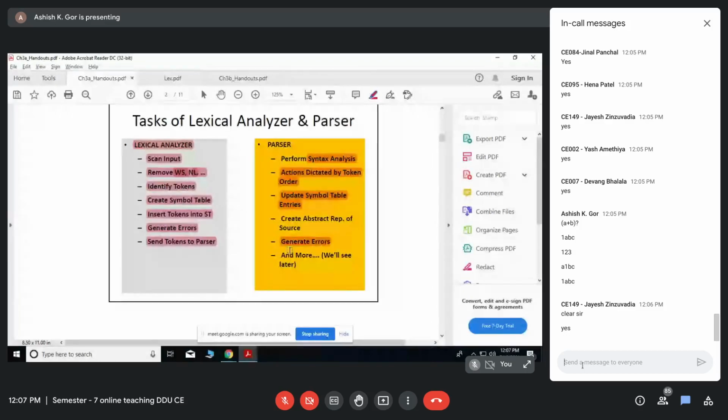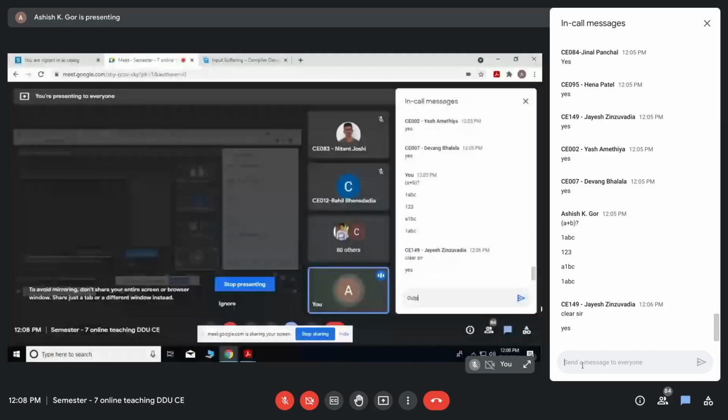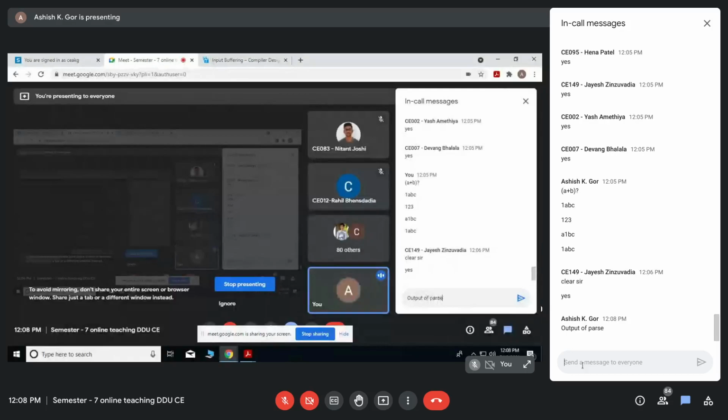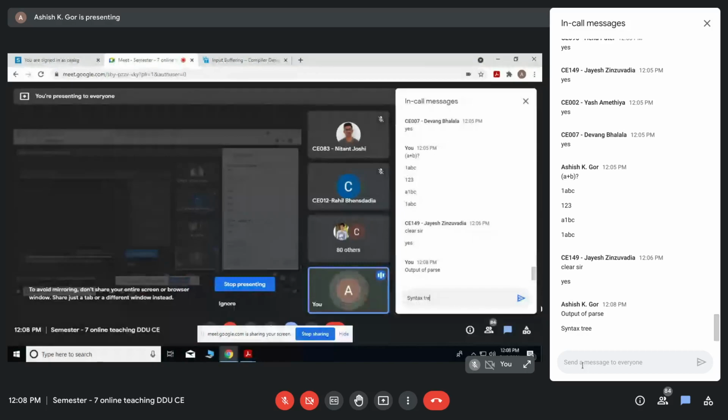It creates an abstract representation of the source. In the previous lecture I told you that a syntax tree kind of thing is created. That is an abstract representation, an abstract syntax tree. Remember, generally while studying, the output of the parser phase is known as either a syntax tree or a parse tree.